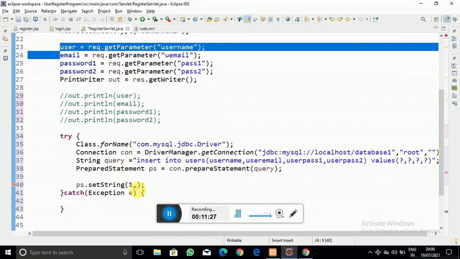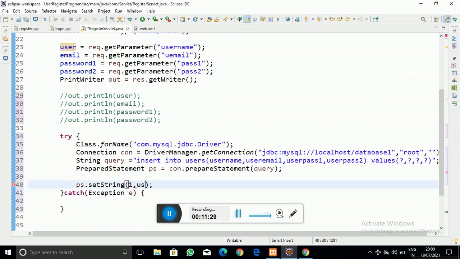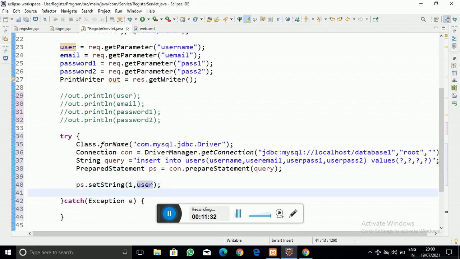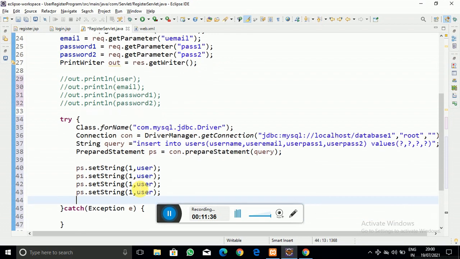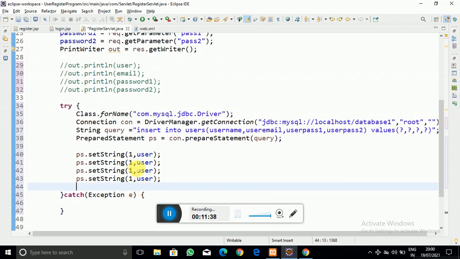So I am going to write that variable name here, and in a similar way you can do it for the remaining 4 values, which are also the email id, which is also a string, and password 1 and password 2, also in string format.